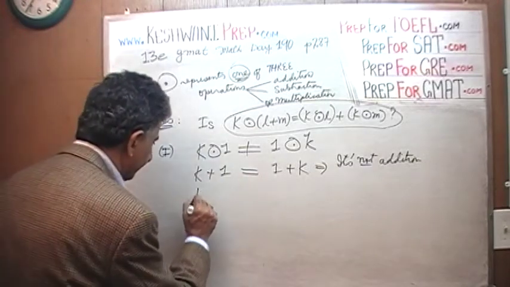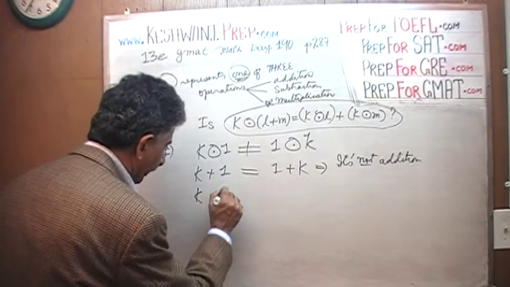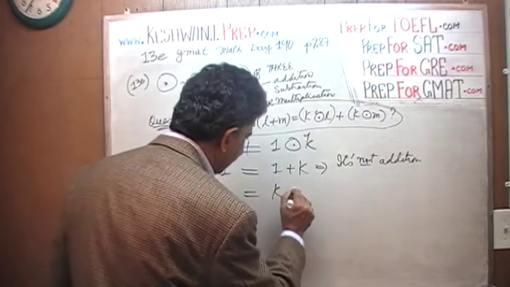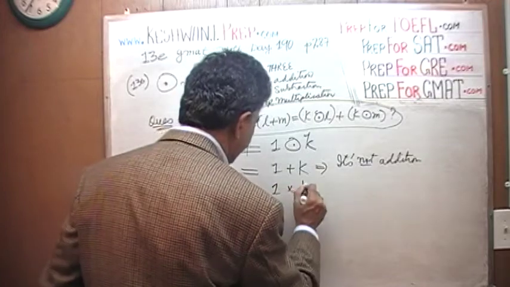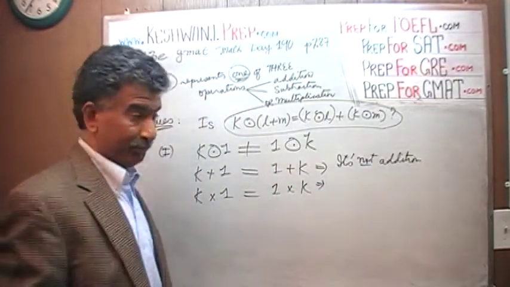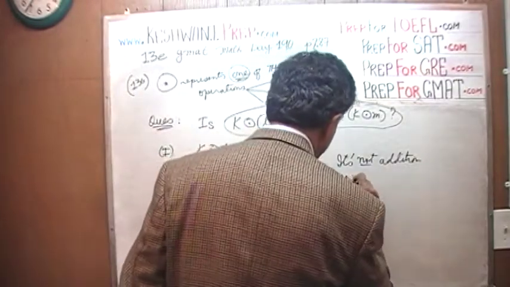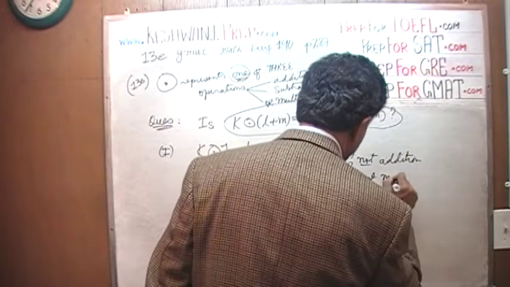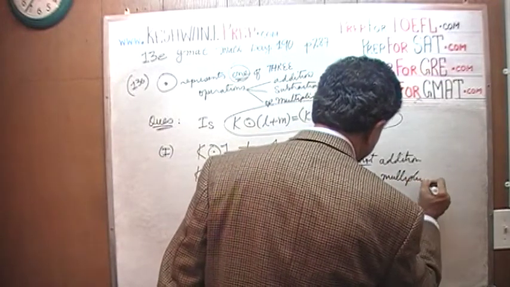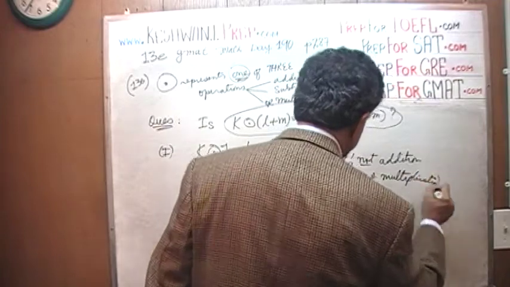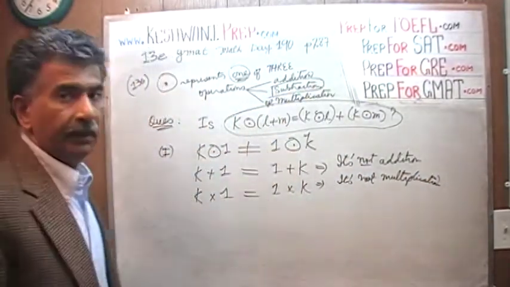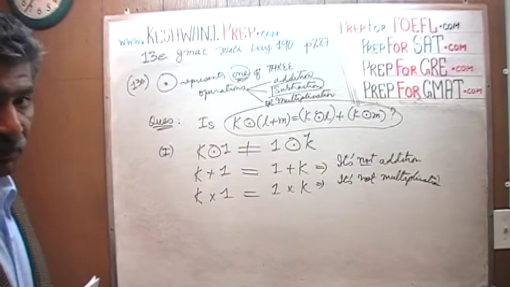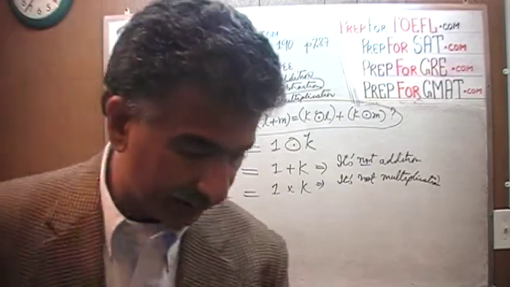It also tells us that k times 1 equals k, which equals 1 times k. That implies that it's also not multiplication. Therefore, it must be subtraction, because it has to be one of the three. So now that we know which operation is applicable, let's